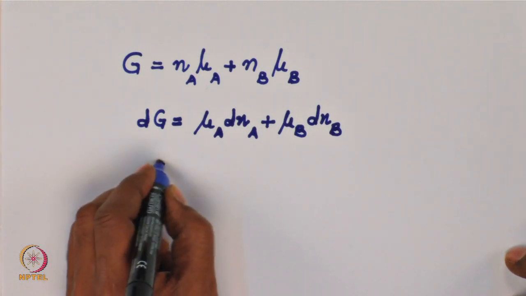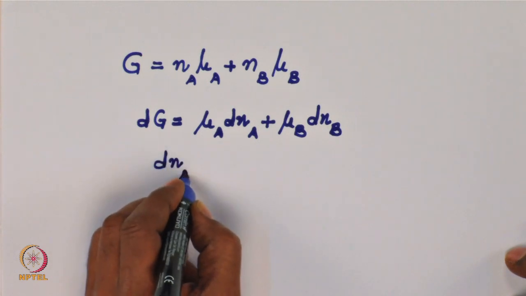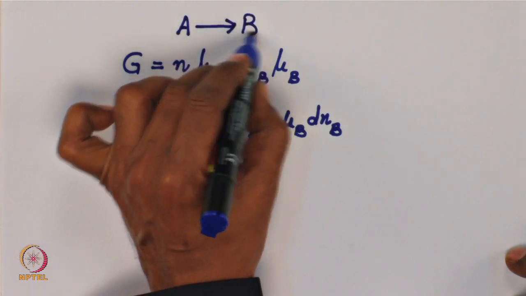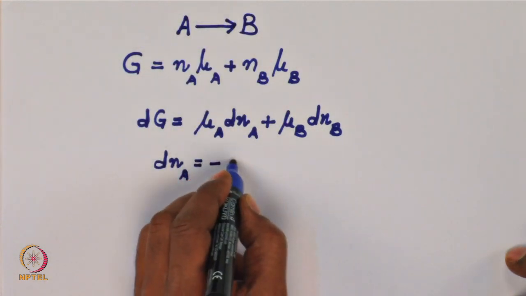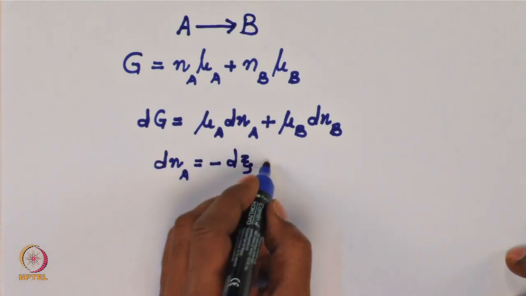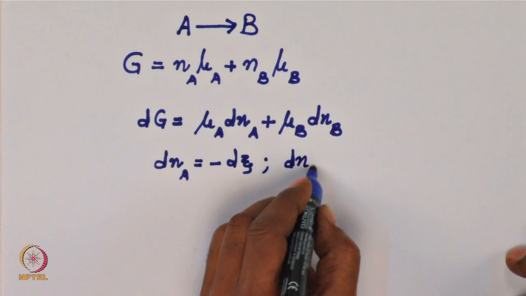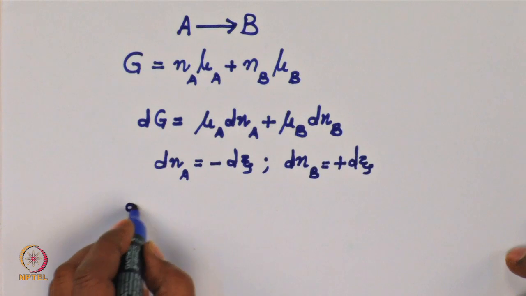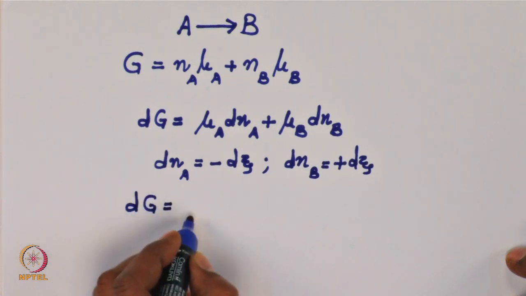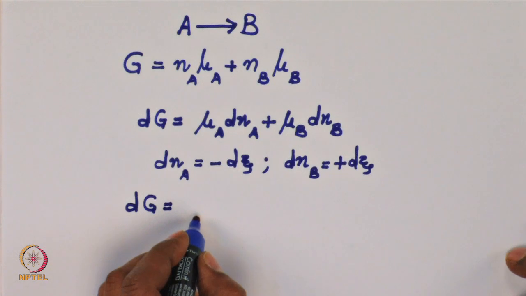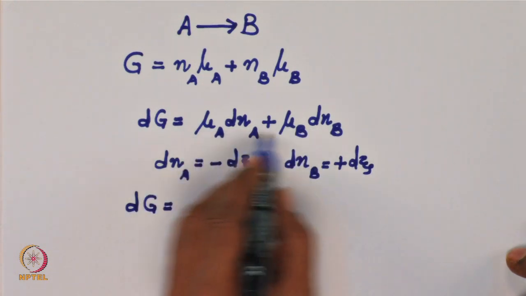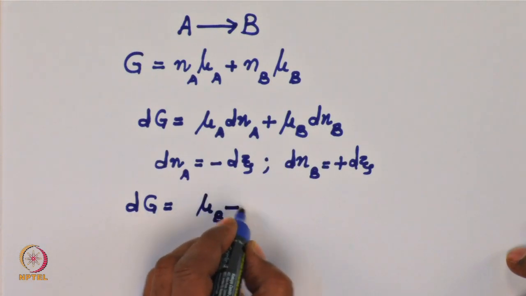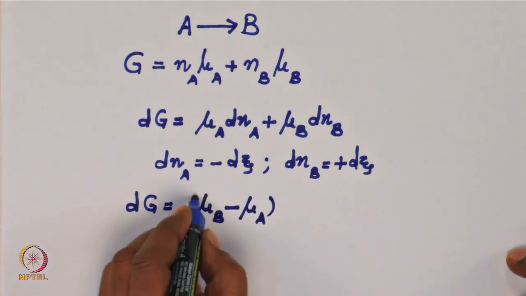And we have just shown or discussed that, because we are talking about A going towards B, dN_A is equal to minus dξ and dN_B is equal to plus dξ. Let us substitute this into dG. So, dG is equal to, if I substitute in this, it will turn out to be (μ_B minus μ_A) into dξ,